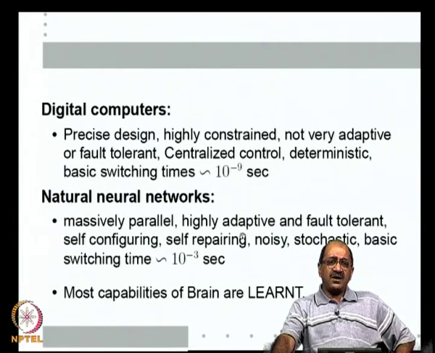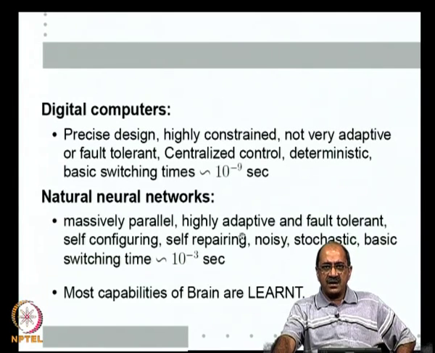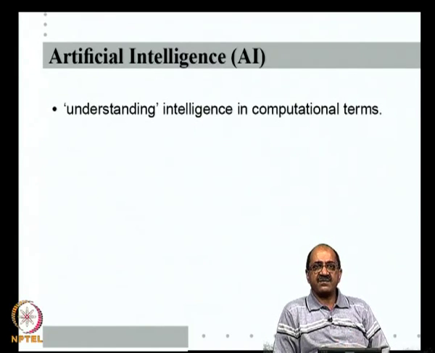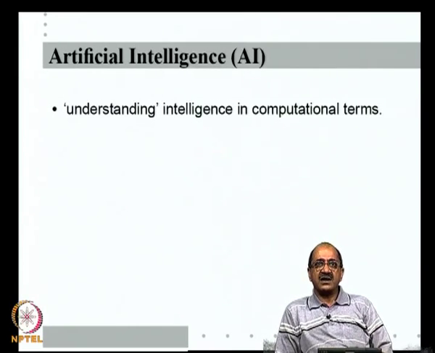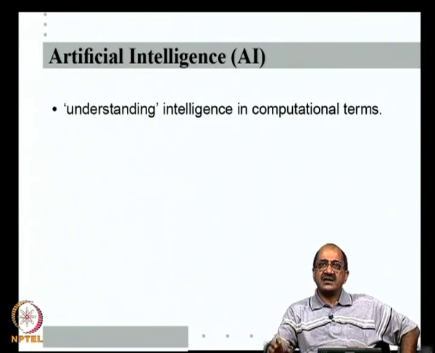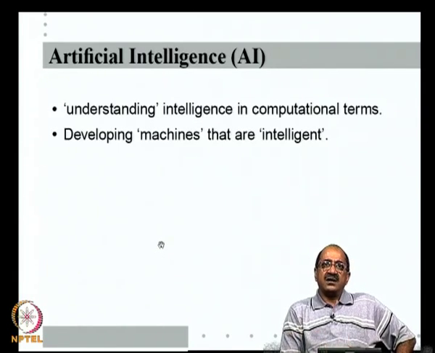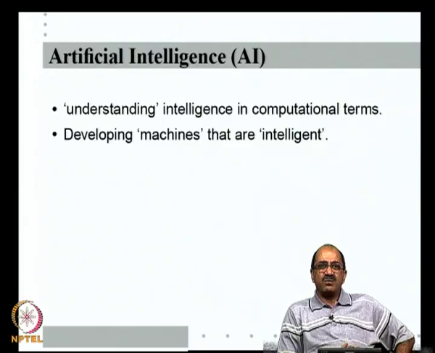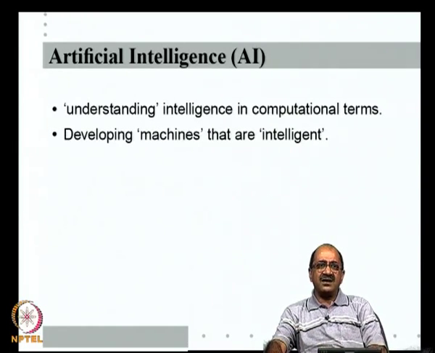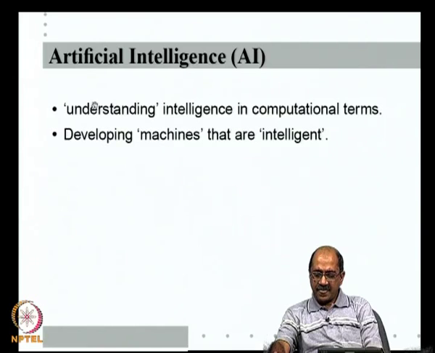So, now stepping back a little bit, if we think of the field of artificial intelligence, of course, artificial intelligence today means one particular set of techniques, but let us not worry about it. Let us think of it in the sense of what the name suggests. Its grand goal is to understand intelligence in computational terms and develop machines that are intelligent. Everything we put in quotes, so let us not get into any philosophical arguments about what a machine is and what intelligence is. But within the context of what all of us understand, artificial intelligence is about understanding intelligent behavior in computational terms and developing machines that are intelligent.